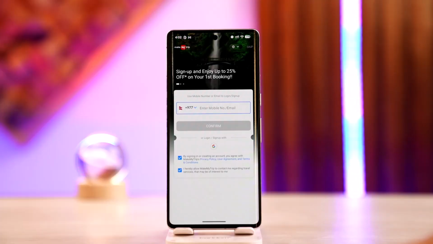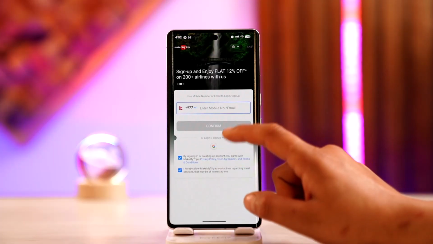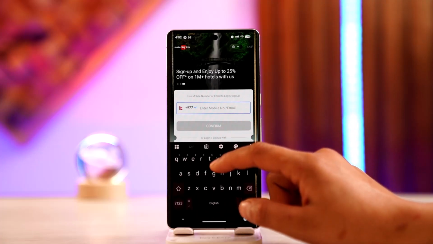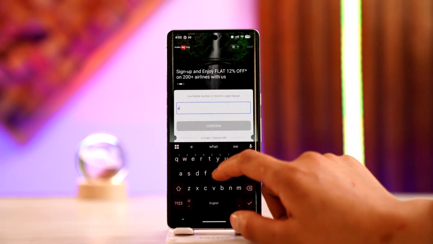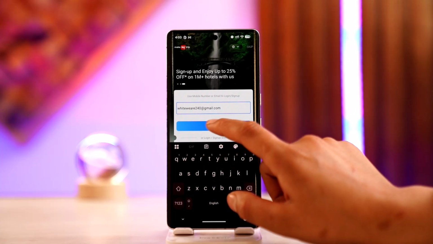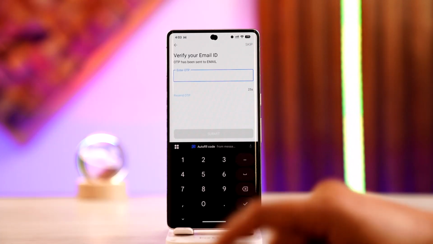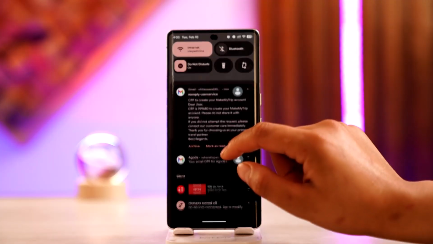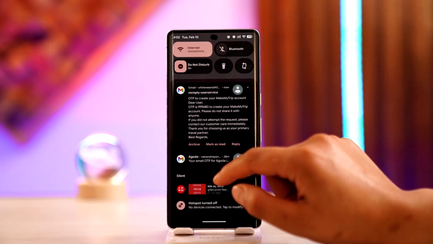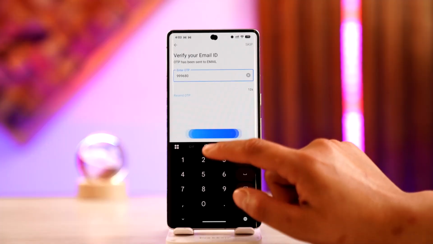And here it's going to ask you to sign in, either sign up using your phone number or an email or Google as well. So I can go with any of these. You could just go ahead and type in your information and select confirm underneath. After which you will be asked to type in the OTP that has been sent to the registered email. So you just want to make sure to go ahead and scroll down, and there it is, and select submit